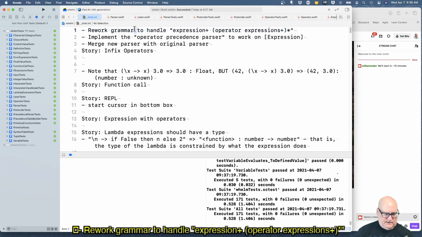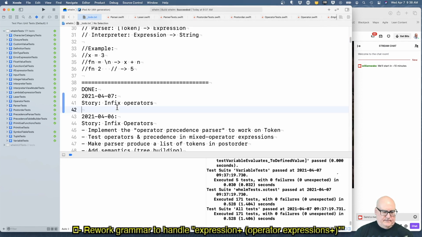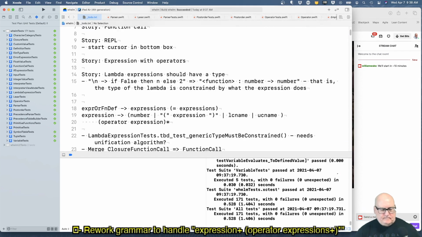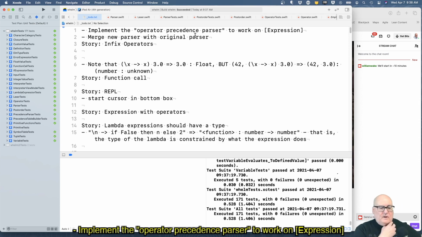We have done this. And now we are to implement the operator precedence parser to work on our new list of expressions. Oh, yeah. That's true.